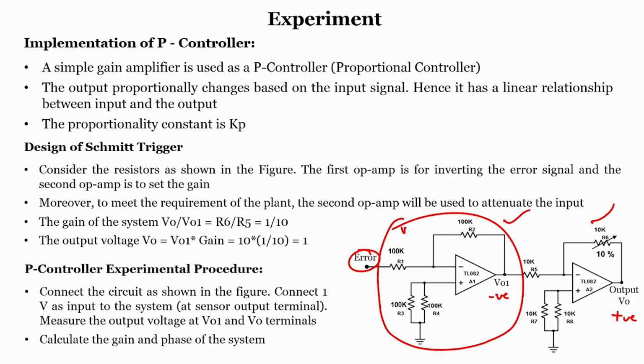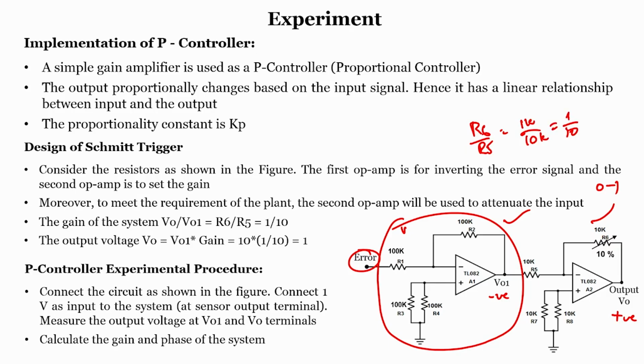Another thing is that the output should always be 0 to 1, because the plant input range is only between 0 volts and 1 volt. So, in order to do that, we require some attenuation factor too. How do we understand this? The gain of the system entirely depends upon R6 by R5 in this case. We have taken 10% of 10k, which is nothing but 1k, and R5 in this case is 10k. So, the gain is 1 by 10,